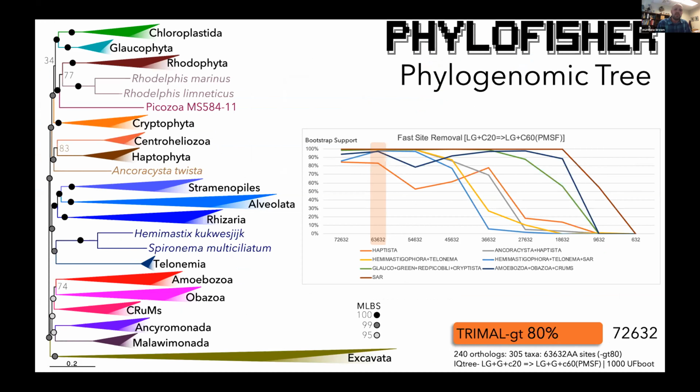And then we can do further analyses, again, fast site removal, and this is what this tree is showing here, which is a nearly fully supported tree of eukaryotes. There are some clades that are contentious, but it's